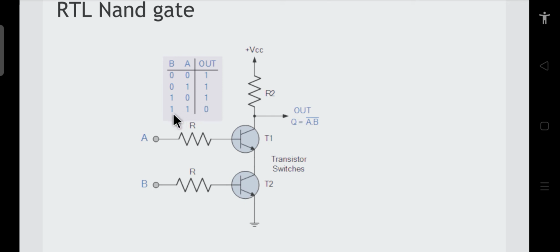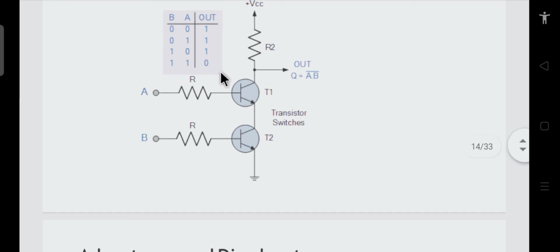Whereas when both the inputs are 1, only in that case will these two transistors be on. If these two transistors are on, then this path will be complete, and there will be a very small voltage available here. VCE is equal to the VCE of this transistor plus the VCE of this transistor. So it will be very small, not very large, and therefore this voltage is treated as low voltage. So when both the inputs are 1, the output will be 0. You can understand this particular thing in this way.